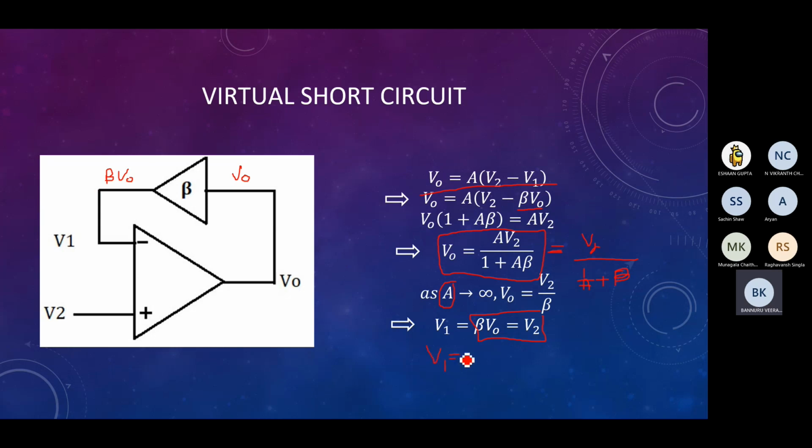Actually, since there is a resistor here, there are resistors, right? So it must not be the same if we see actually, but since we are getting V1 equal to V2, we are saying that these are virtually short circuited, so that V1 is equal to V2, and there will be no current flowing inside the op amp. So we will be using this concept for different applications of op amp.